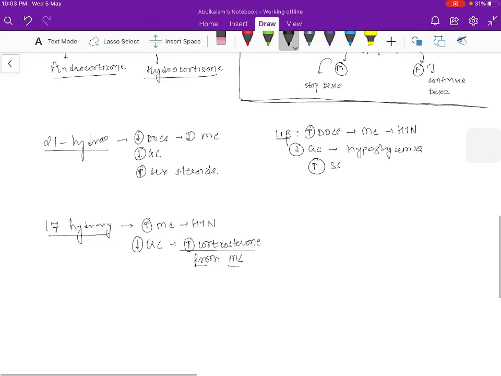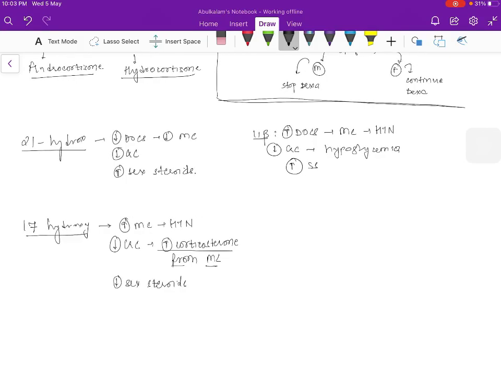What will happen to sex steroids? Again, it will block the lower two steps, right? So that will result in decreased sex steroids, right? That will result in undervirilization in case of males and primary amenorrhea in cases of females. Now the last enzyme is most simple, 3-beta-HSD. If you see the symptoms of hypotension, that is decreased mineralocorticoid, hypoglycemia, that is decreased glucocorticoid, and sex steroids are decreased, that is primary amenorrhea or undervirilization in case of males, it is 3-beta-HSD, which is quite clear, right?